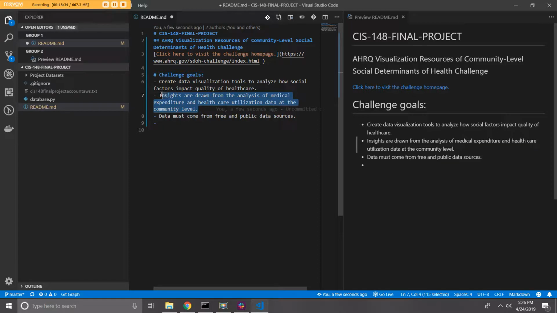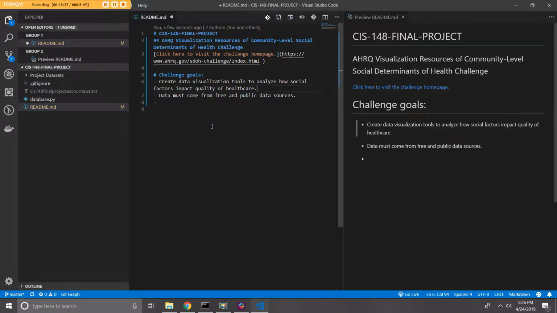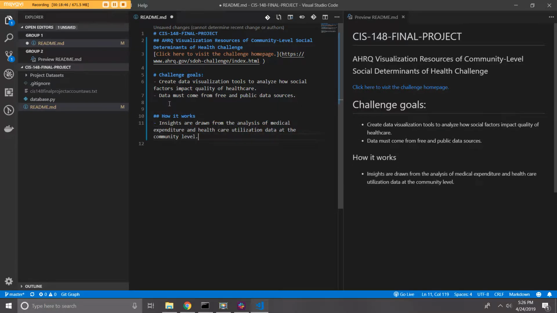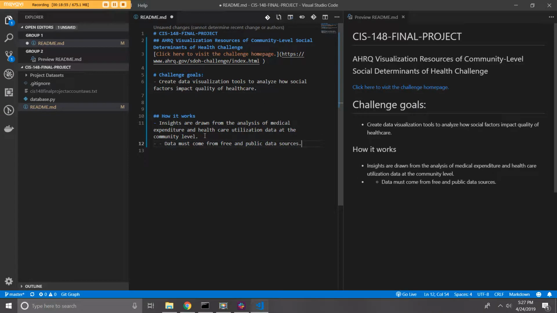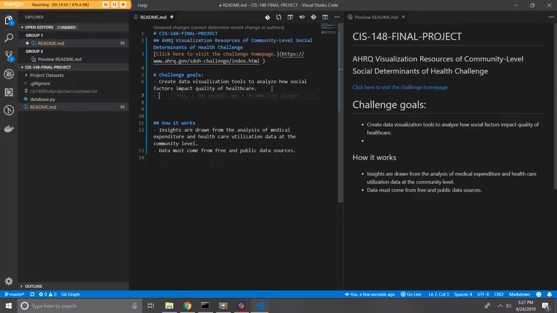Yeah, that's a description. It's not a goal. How it works. That's also another how it works. Find ways to decrease, no, more effectively